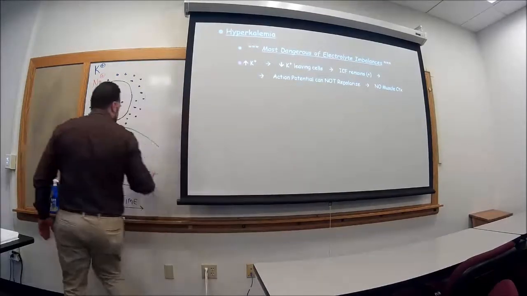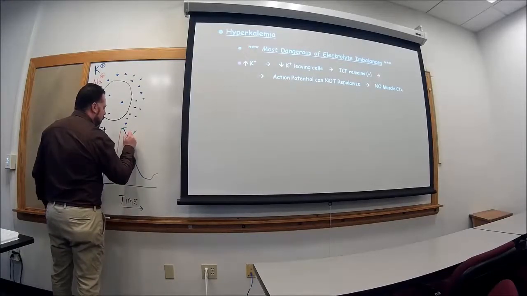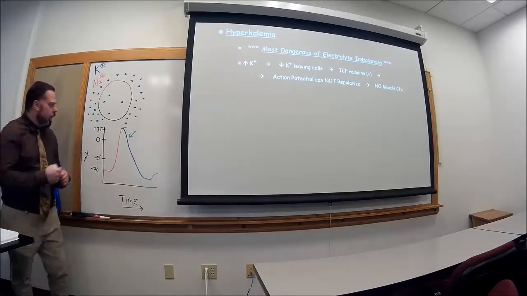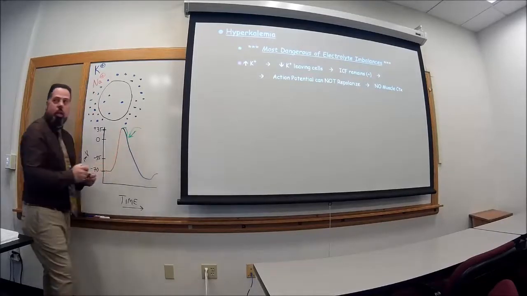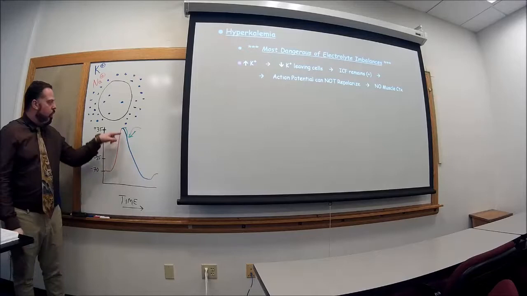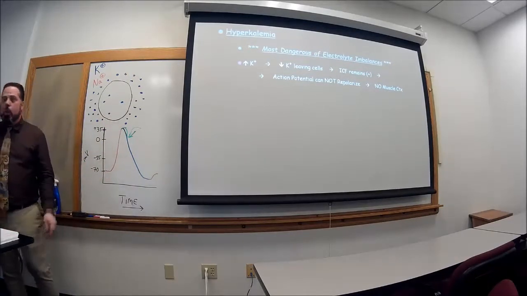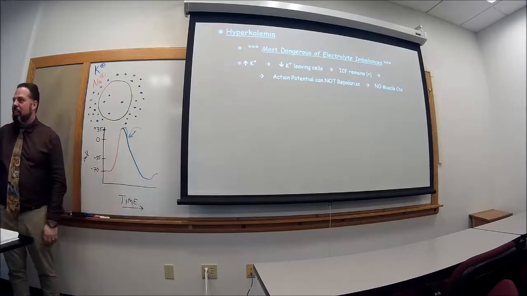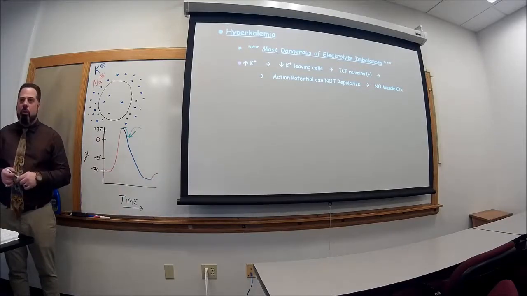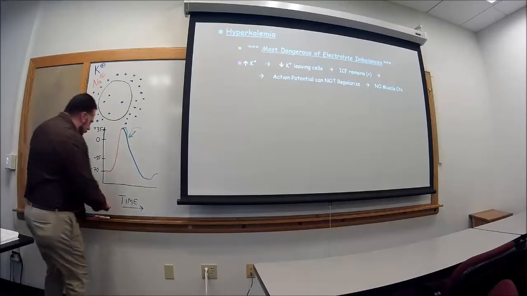In other words, if I stimulated this cell over here at this point here, it's going to do nothing. It doesn't do this and go back up and do another thing. It has to still go back down to -70. You flush the toilet and you're not going to flush it again immediately. You have to wait until the tank fills. It's in an absolute refractory period. Does that make sense? Hard to come up with that kind of analogy. Okay? So what happens here